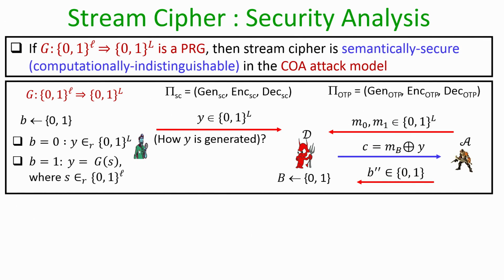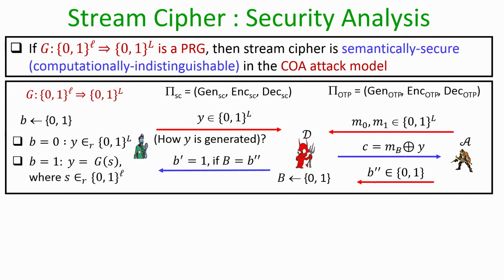Now, using the response of adversary A, D has to find out what exactly is the type of y, whether it is truly random or whether it is pseudo random. So, here is the decision output of my algorithm D. If it sees that the adversary A has correctly identified what is encrypted in C, that means the index b'' is equal to the index big B,